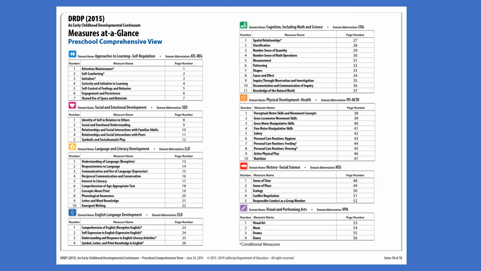It's kind of like a classroom teacher that's been using the Missouri State Standards for so long. They're able to have that abbreviation and numeric pattern within the standards memorized. So this is a little bit about the layout. I'm going to place the DRDP online in our week-by-week content so that you can look more fully through it.